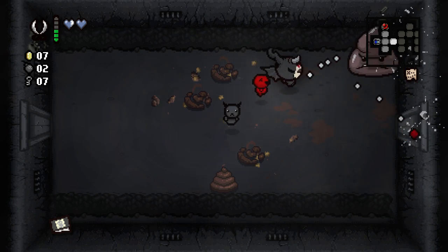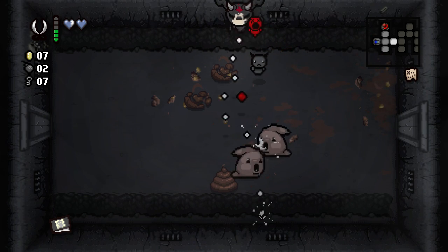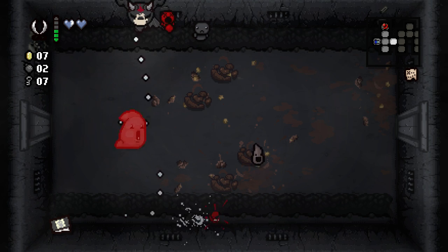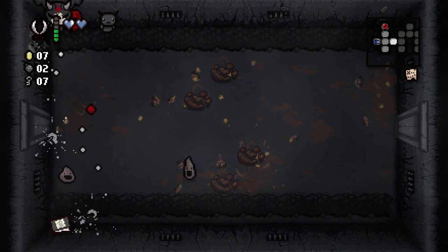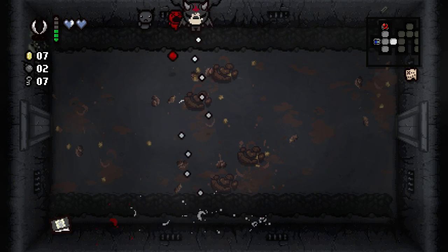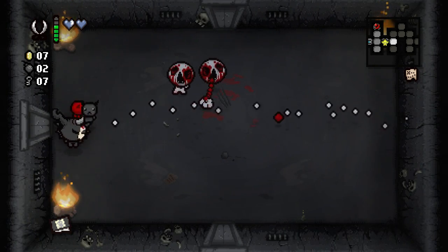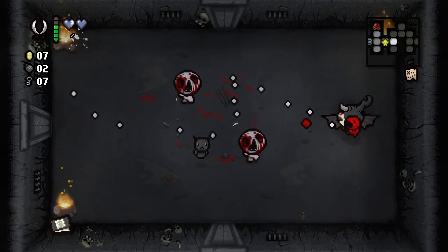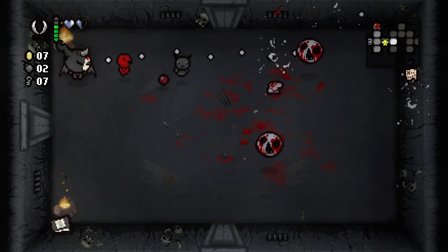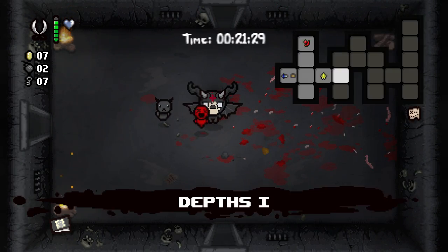But the downside of it is that you have an increased chance to get what's called a double trouble, which means you'll get 2 of 1 boss. So you can fight 2 Dingles, 2 Monstros, 2 Cages. The list goes on. There's a lot of bosses that you can fight doubles of. You can only hope for not double fallen. You can only hope for that. However, since I am on Necro 1, I could potentially get the...